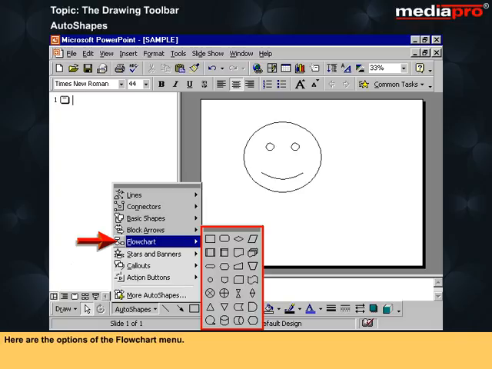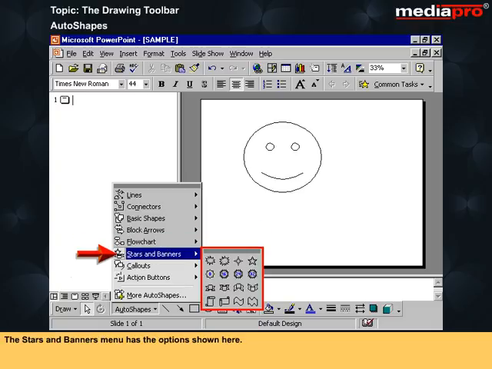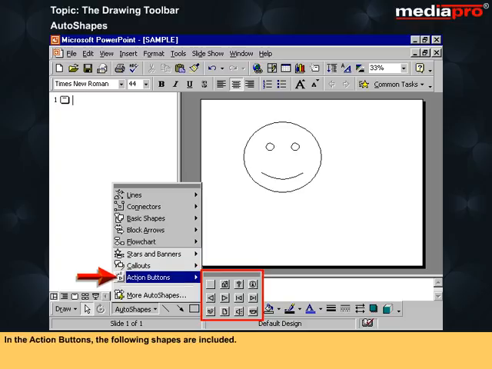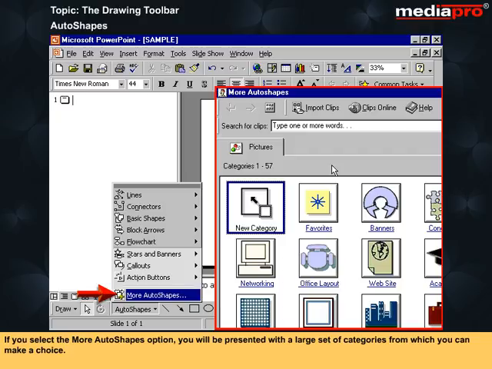Here are the options of the Flowchart menu. The Stars and Banners menu has the options shown here. This is the Call Outs menu. In the Action buttons, the following shapes are included. If you select more Auto Shapes option, you will be presented with a large set of categories from which you